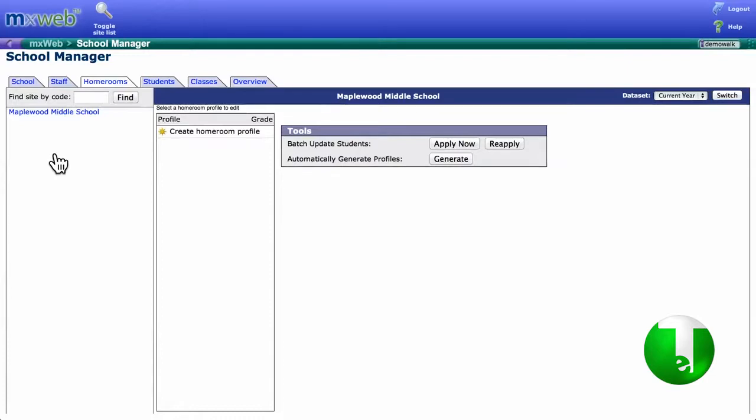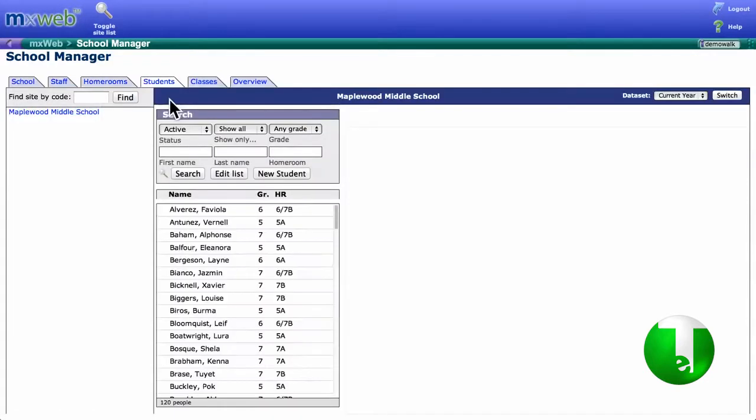You'll want to first ensure that you're working at the right school. If you've got multiple schools listed on the left-hand side, make sure you go ahead and select your school of choice. And next, what you'll likely want to do is head over to the Students tab. The reason why this is interesting is you can get an overview of how the students have been set up and the corresponding homerooms. So as you can see here, I've got grade 5s in 5A, grade 6s in 6A, 7B, and I'm very interested in